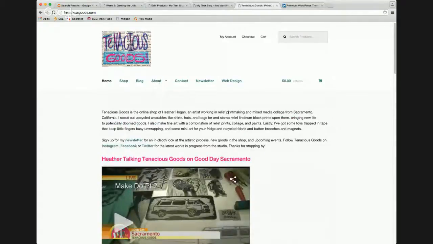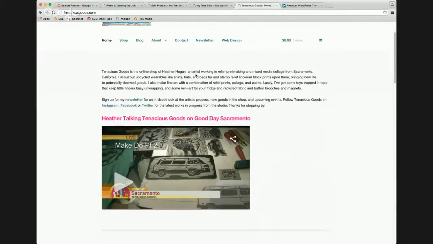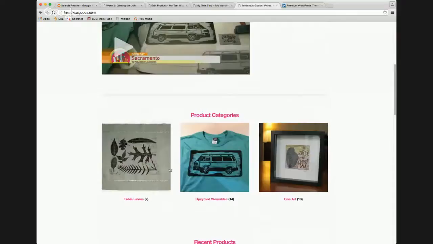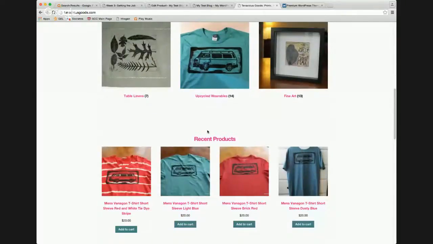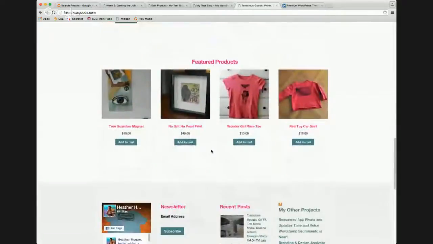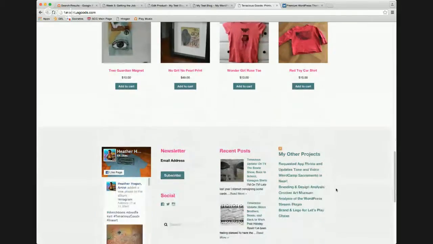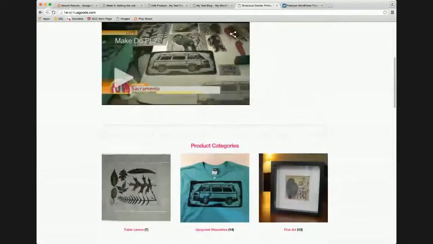Well, the WooCommerce storefront theme allows me to have this kind of text at the top, and then you can set it up. So I have it showing my product categories, my recent products, and featured, and I've clicked a box to make them show up as featured. You could also set on sale items. So these are rows you can customize. And then I customize the footer, and then